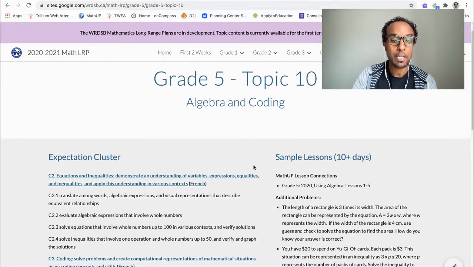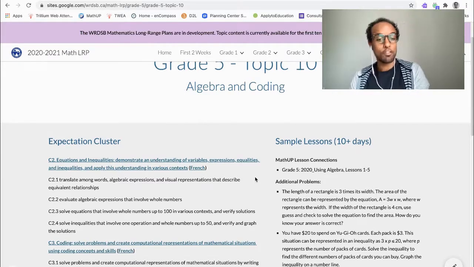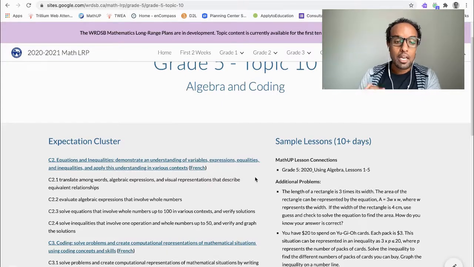All right, for topic 10, we are dealing with the expectation cluster C2 and C3, both in the algebra strand. C2 deals with demonstrating an understanding of variables, expressions, equalities, and inequalities, and applying this understanding in various contexts. And then C3 is a revisit of our coding expectation, solve problems, and create computational representations of mathematical situations using